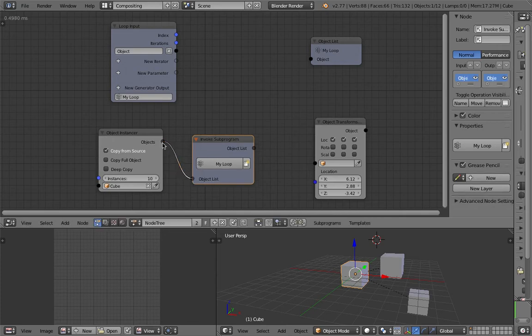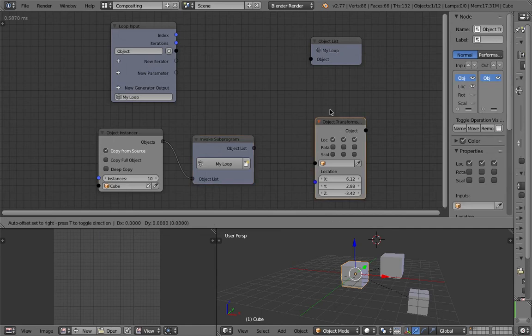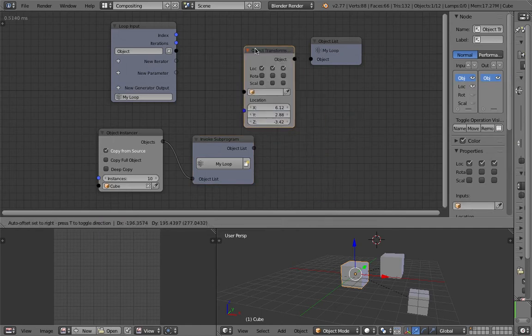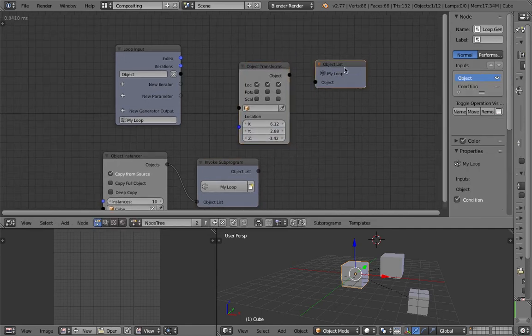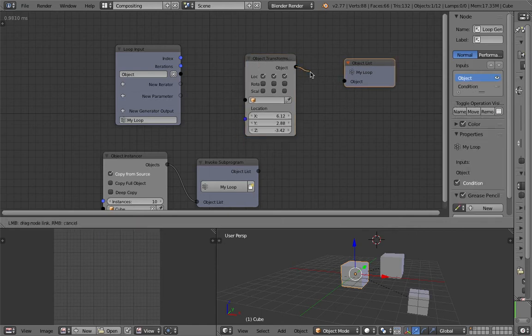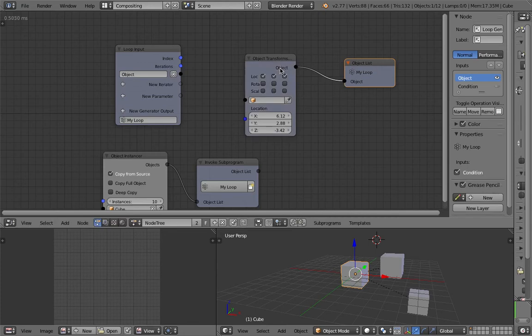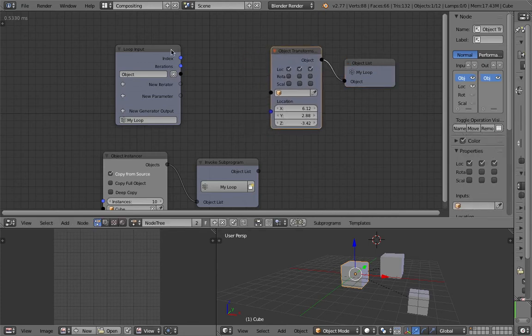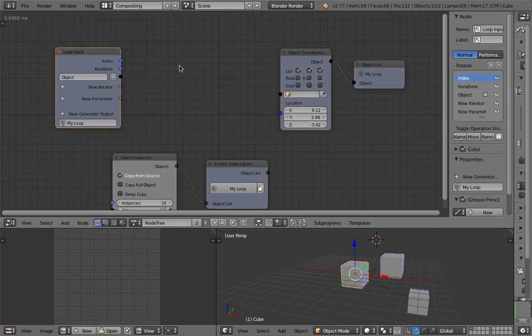So object list goes into object list, and then we want to, let's see, plug the object here, and